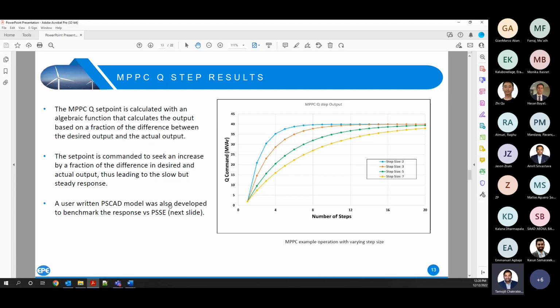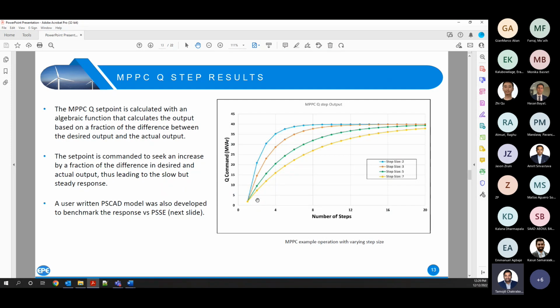During the design, we got to know that the master power plant controller can send Q set points as an algebraic function of the desired fraction of the difference between the Q that is sensed and the Q that is going to be sent. The explanation of this plot is that if, let's say, 40 MVAR has to be commanded by the master power plant controller, the x-axis has the number of steps, and the y-axis is the Q command. So let's say the Q command is 40 MVAR. If you want a faster Q injection, you would set the step size to be 2, which means that going from 0 to 40 would take a small amount of time,